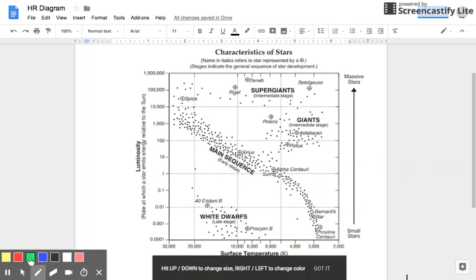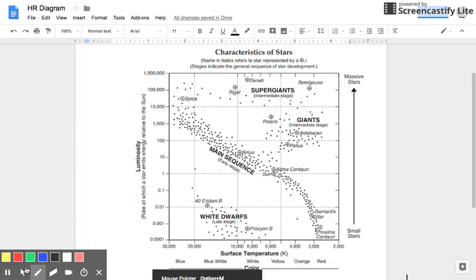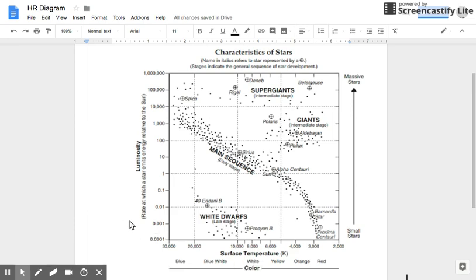And let's turn this pen on. Oh, no, that's not what I want. I want to do, there we go, the cursor. Okay,